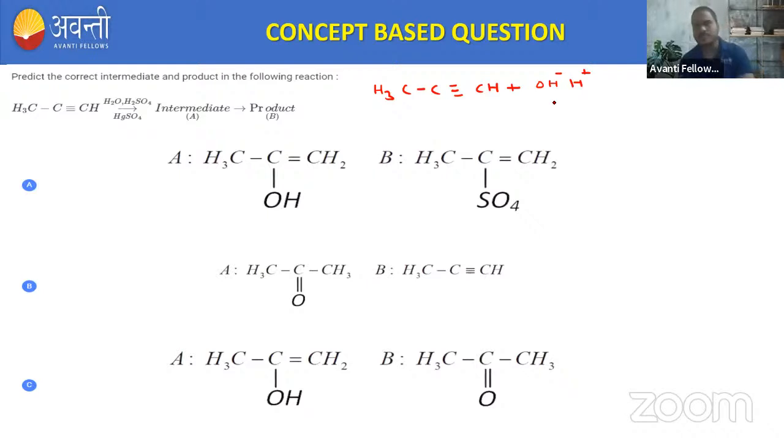So the negative part goes to those carbon atoms which contain the lesser number of hydrogen, right? This thing we already know according to Markovnikov's rule. So where will this OH go? Tell me quickly. This OH goes here, and where does the H go? Here. So what you will get is an intermediate like CH3 C, we have OH, and double bond we get